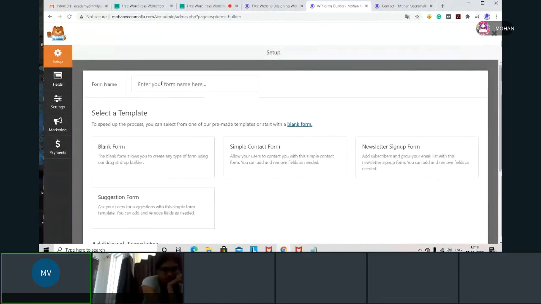Whatever name you give will be for your end only. For example, think that in your website you have 10 forms. Then each form you can name separately. Why? Because on each page you are showing a form: 10 pages, 10 forms. That means whenever a person fills one in, you can analyze that the person filled it on the first page. That's why I'm getting this form. If the person is filling on the second page, you will get the second page form. Why? If you have different services. If you have only a single service, then you can use just one form.